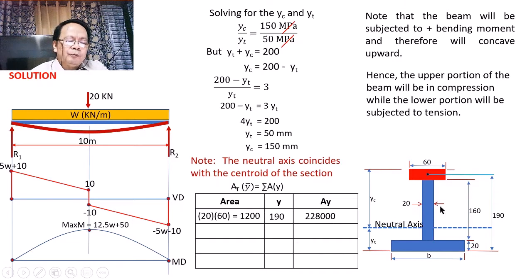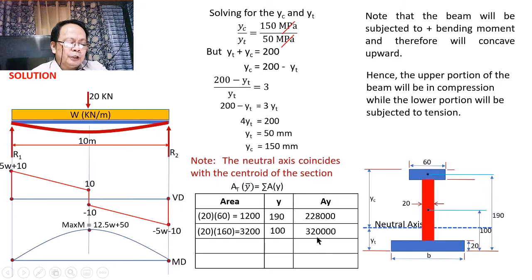Diba? So if we will consider this part, second part, kunin naman natin the second part. Diba? The second area would have an area equal to 160 by 20. So we have here 160 by 20. And the magnitude is 3,200. This area would have the centroid somewhere here, whose distance from the reference axis will be equal to the sum of 80 plus 20, which is equal to 100. And this will be equal to 100 here. So that if we will be multiplying this area by dy,